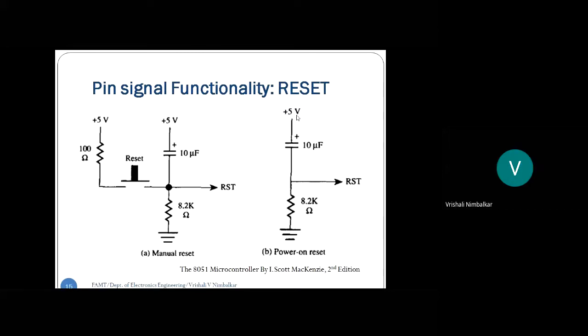So power on means initially this 5 volt is not present. So it's 0 volt here. And whenever you connect a battery, 5 volt appears. Correct? And this 5 volt is going to send logic 1 on that pin number 9. Right? The capacitor is going to charge and at the same time logic 1 will appear on the line. And when the capacitor is fully charged, 5 volt, this will have 0. And that will come out of the reset. And hence we say it automatically resets and automatically comes out of the reset.